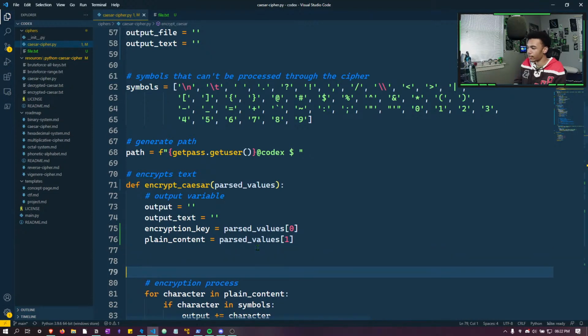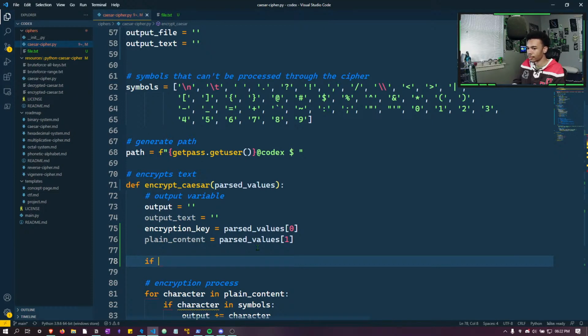So we can handle this in here. So if, so you take the argument and what do you really want out? What does the ideal return look like? Okay, so